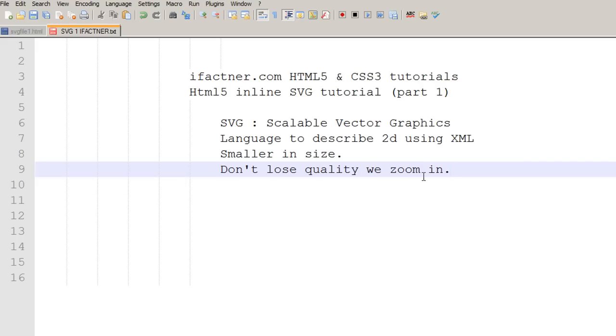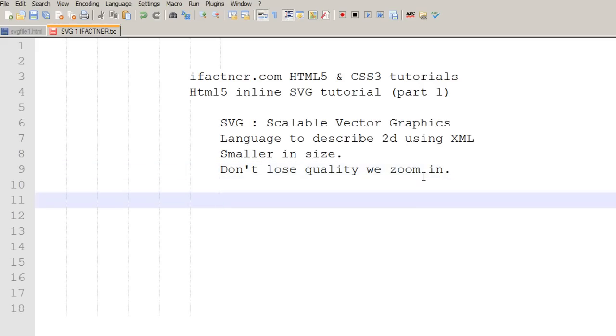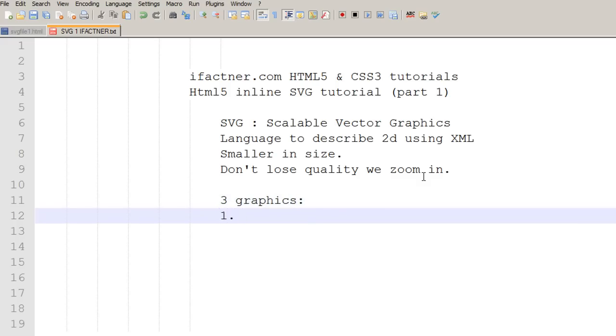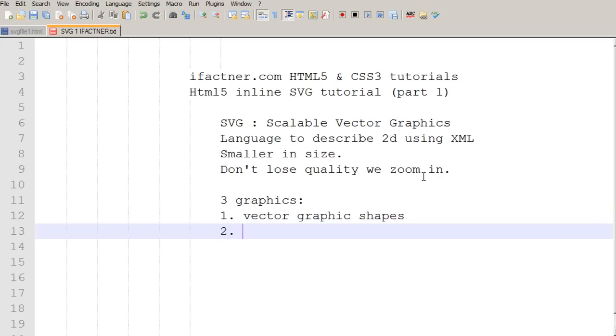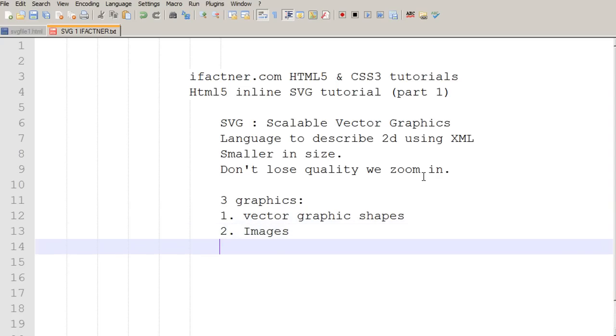And scalable vector graphics allow three types of graphics to be inserted in the SVG area, and those three types of graphics are, as you have already guessed, the first one is vector graphics shapes, and basically it's the path and the straight lines and other stuff. Secondly, we can use images in the SVG area to develop SVG graphics, and we can draw curves here in the SVG